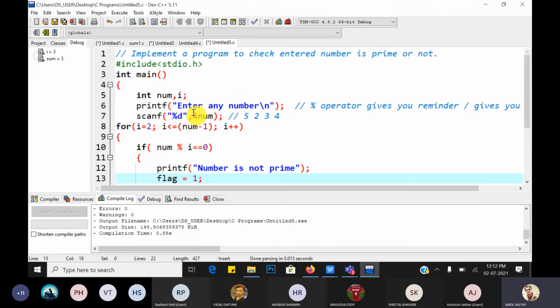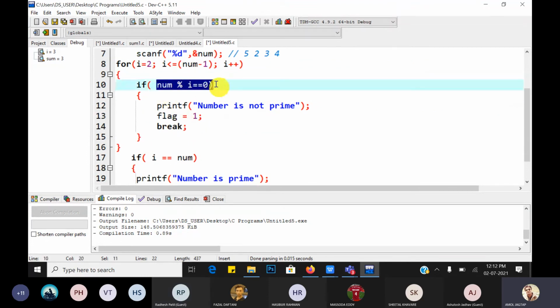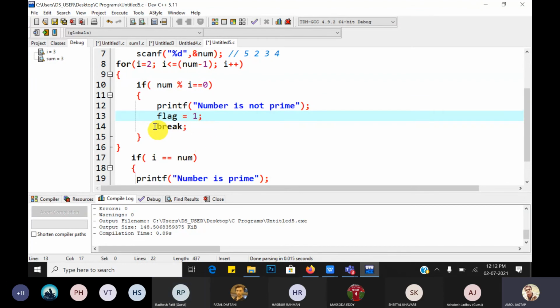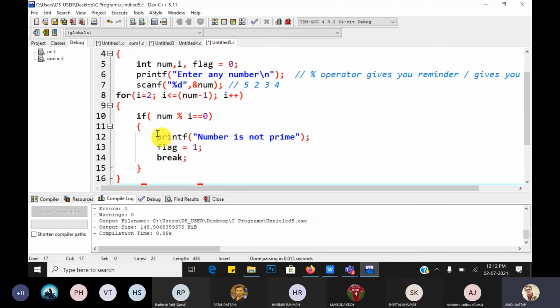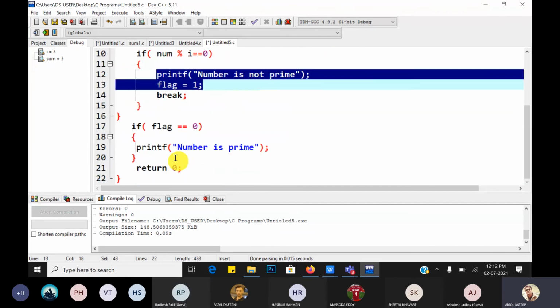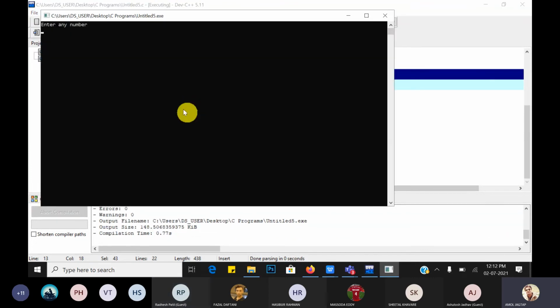Okay. So what is the use of flag? Here you have to take the flag as a variable. Initial value is 0. If the number is not prime, it enters this if branching statement and flag is set to 1 and then break. So here we have no need to write this condition. Instead of that, we have to write if flag is equal to 0. If flag is equal to 0, it means the runtime cursor does not enter this if. Okay, flag remains as it is, 0, then that number is prime. That is called the flag setting method, and it is very essential.